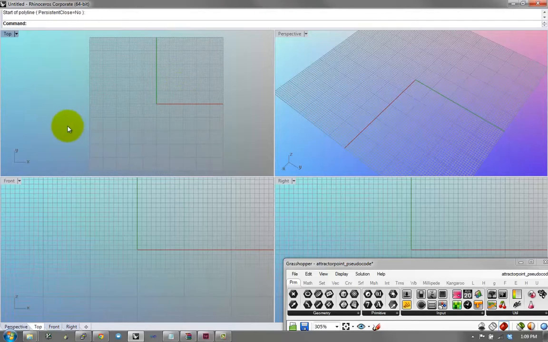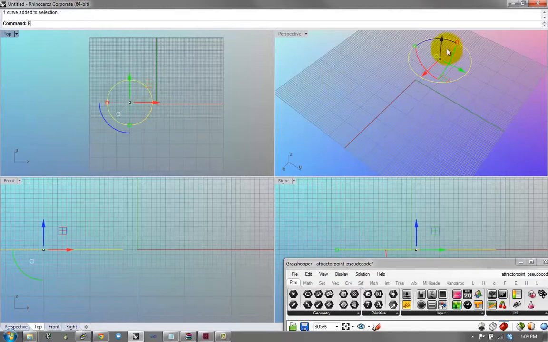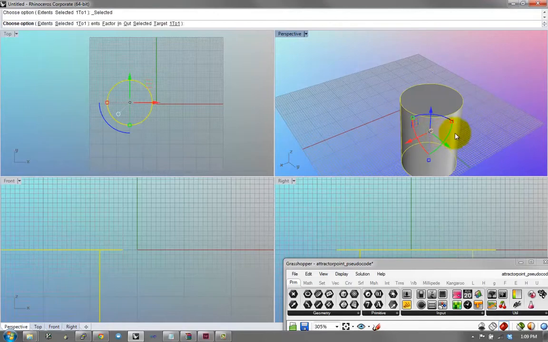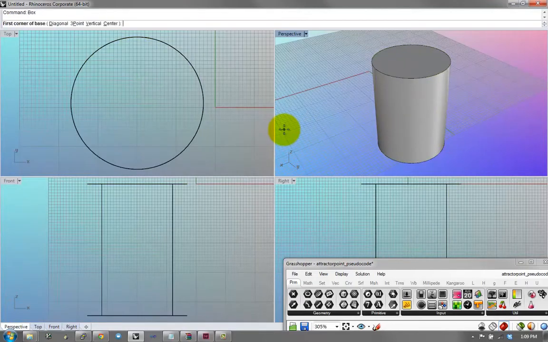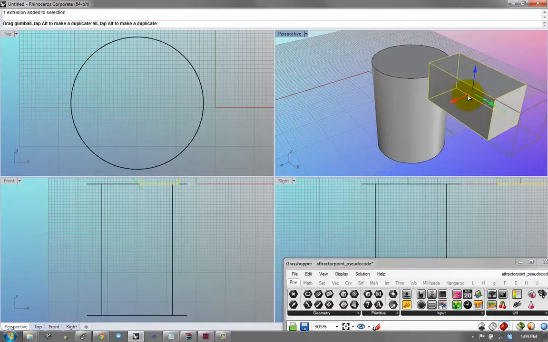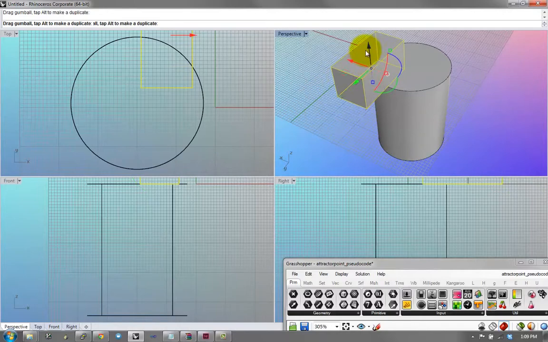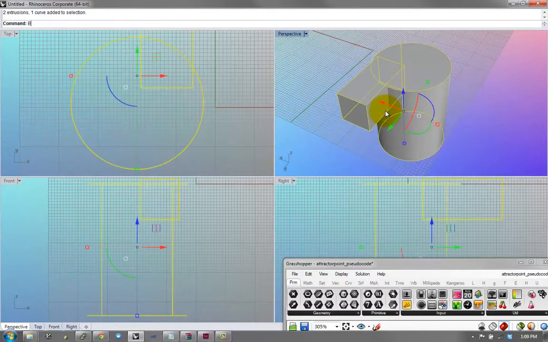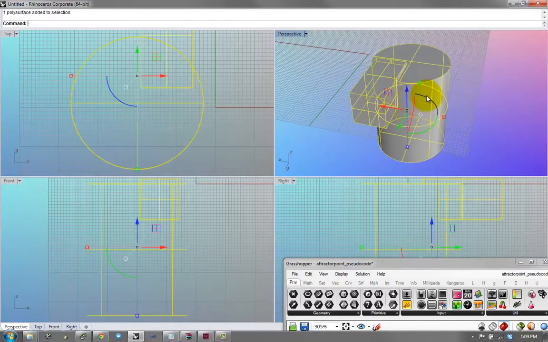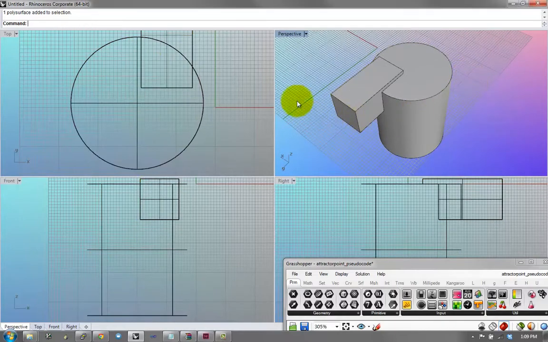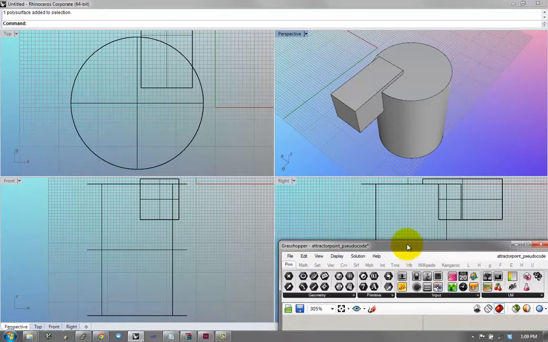Let's say you want to make a cylinder. You would create perhaps a circle, and then you extrude it. And then you have a cylinder. And maybe you want to make a box, with the box command, and then you move it closer. And then you Boolean them together. Now, these operations are contingent on each other,